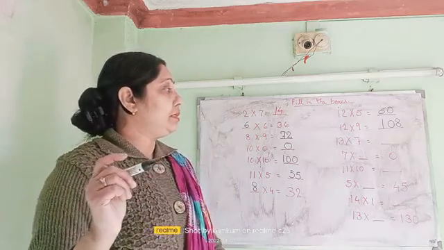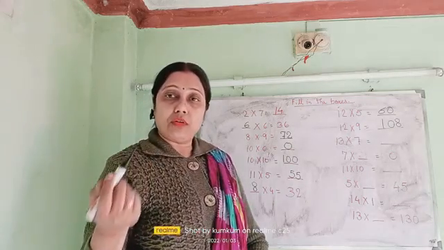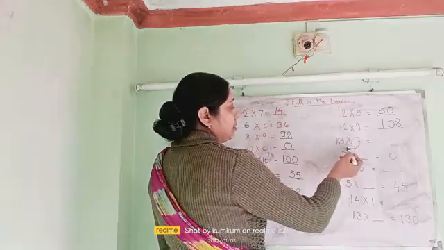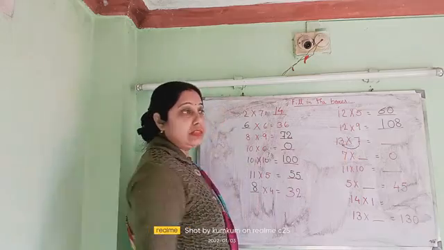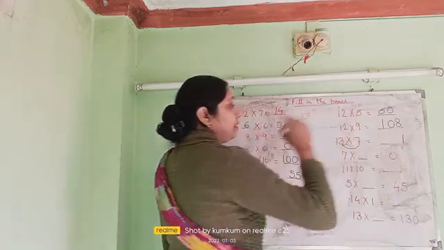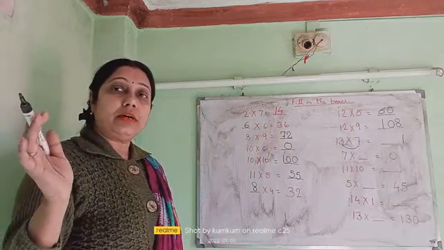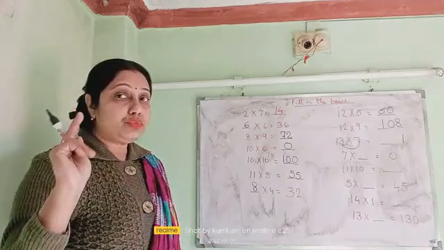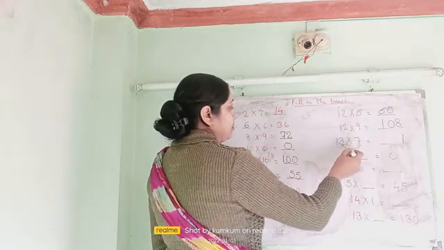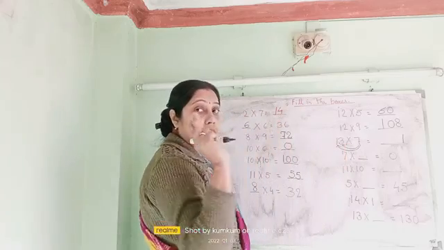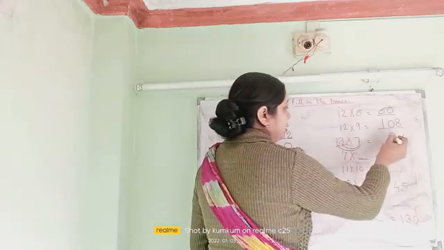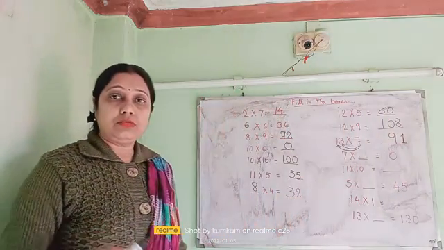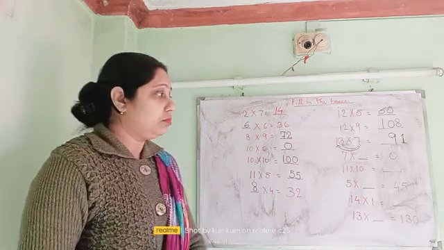See here, 13 multiplied by 7. So if you have forgotten the table, verbally also you can multiply and you can write. See, if I am going to multiply 7 into 3, so 7 3s are 21. It will be a little hard for you, but I am still showing you. If you understand, it is very easy, you can do. Otherwise I will teach you in the next class. 7 3s are 21, 2 in hand. Again I am going to multiply 7 1s are 7 and 2 in hand, that means 9, that means 91. If you can do like this, okay. If you cannot do, you count the table and you write down, no problem.